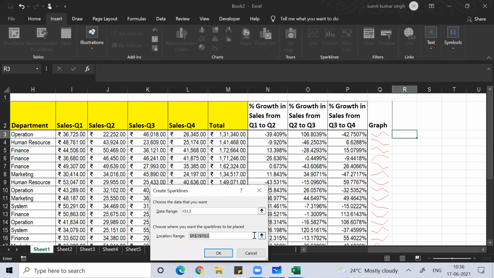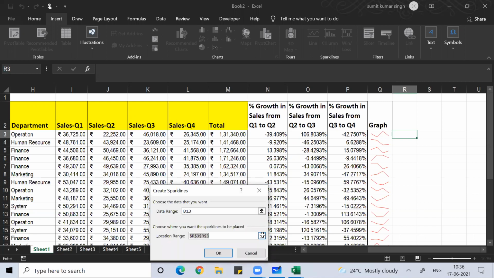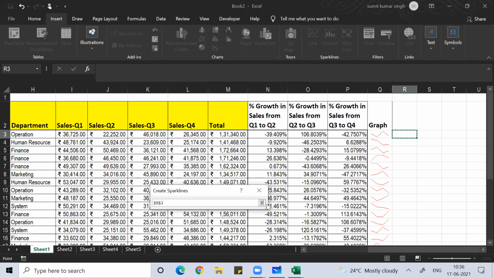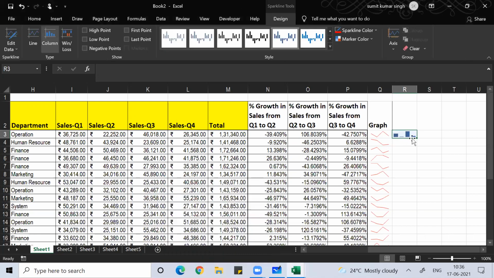Data range was from Q1 to Q4, and then the location range. Press OK. Now you can see this.